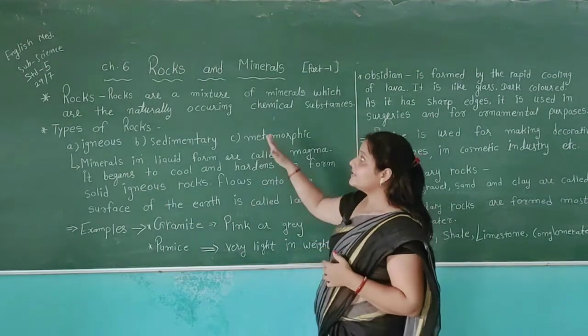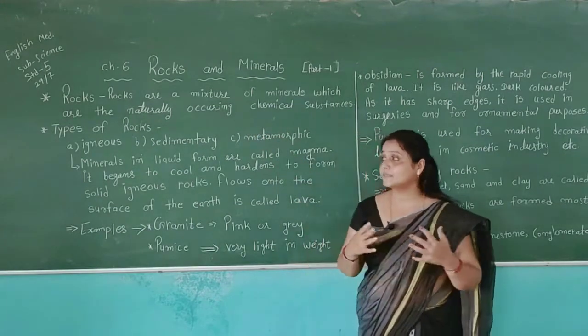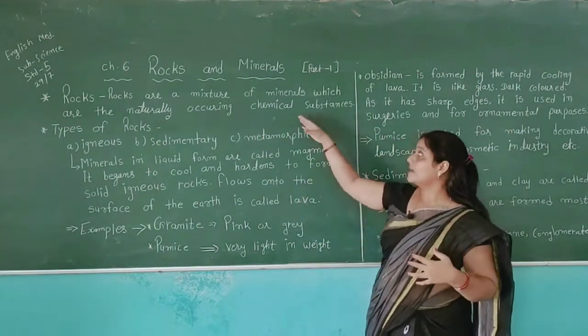So like this, in this chapter, first, rocks are a mixture of minerals which are naturally occurring chemical